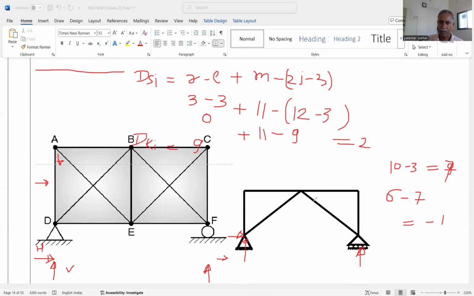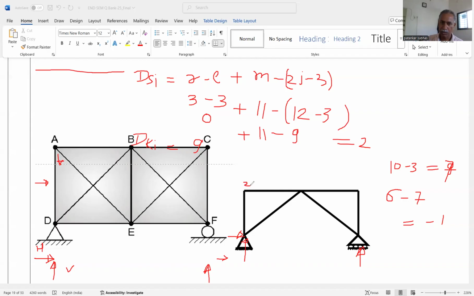And that's why we can say that this truss is deficient or unstable, because we need this member, otherwise it can move in this direction. That's why this is the degree of static redundancy, minus 1. What about the